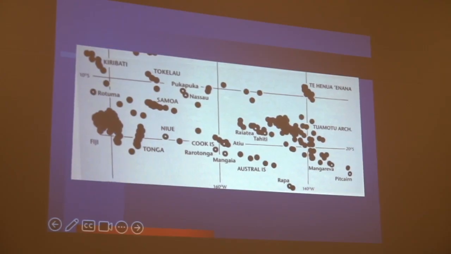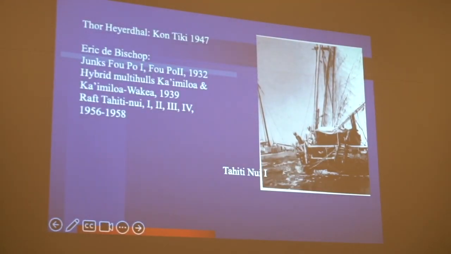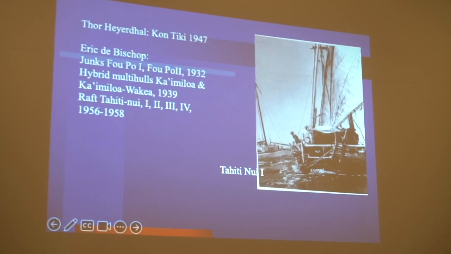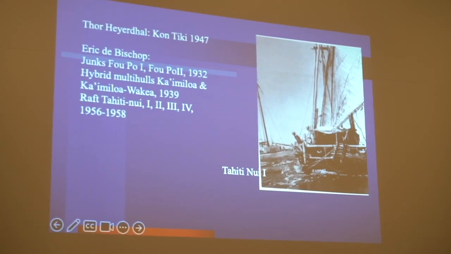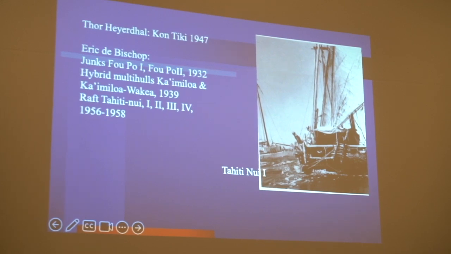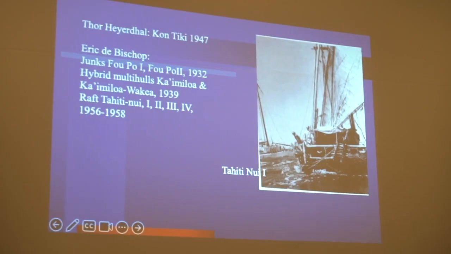Well, all of these techniques were really exciting to people that wanted to sort of document that, and those efforts to document it go back a long way. Thor Heyerdahl's Kon-Tiki expedition, which went off on the wrong track because he thought that the Polynesians had come from Chile, was in 1947, but that stimulated this whole heroic period of experimental archaeology, building ships that ancient peoples might have used to prove they might have gone on the route you think they might have gone on. And this started with Chinese junks by a guy named Eric de Bishop, actually in the 30s, and then the hybrid